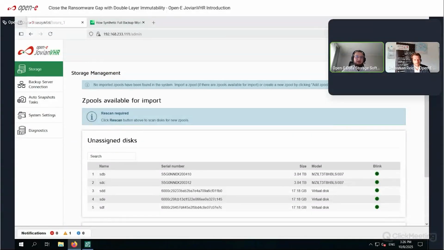All right. As you can see right off the bat, and as Sebastian has mentioned before, the GUI looks awfully similar to our flagship product, OpenE JovianDSS. And this is actually intended. JovianVHR carries over most of the features of JovianDSS. It is also based on ZFS file system with an underlying Linux Debian kernel. And all the safety mechanisms, like ZFS checksums, are also in place. So if you're familiar already with OpenE JovianDSS, you will have a very easy time adjusting to